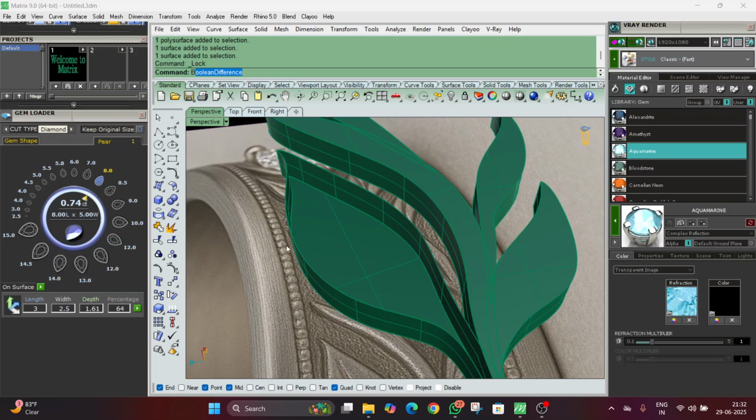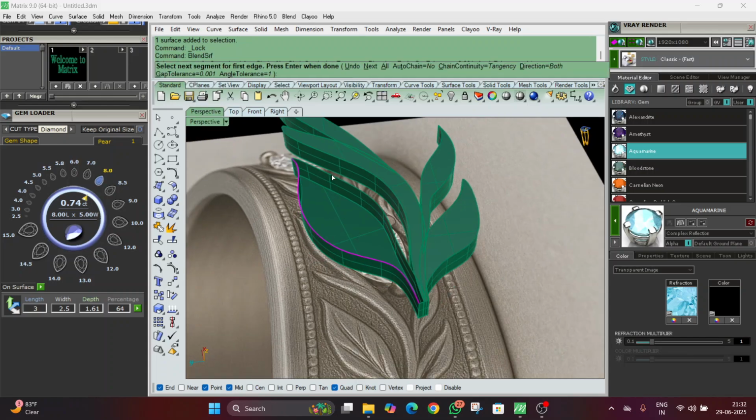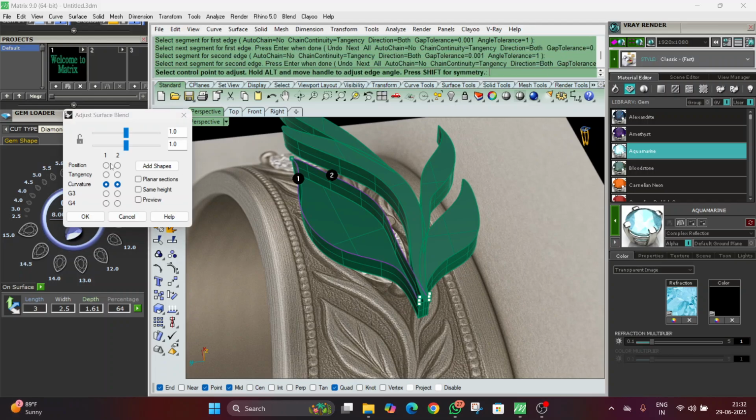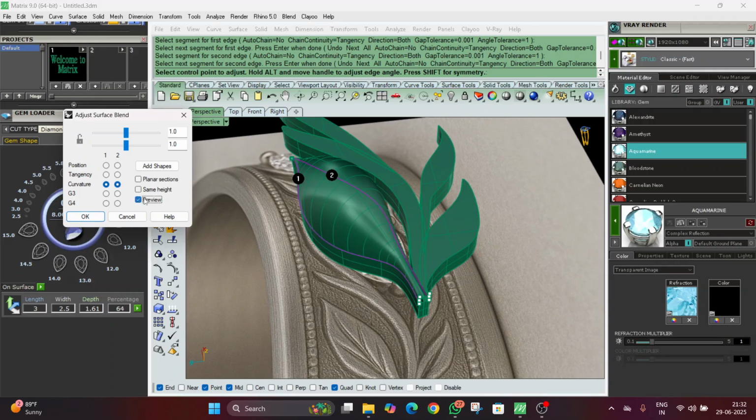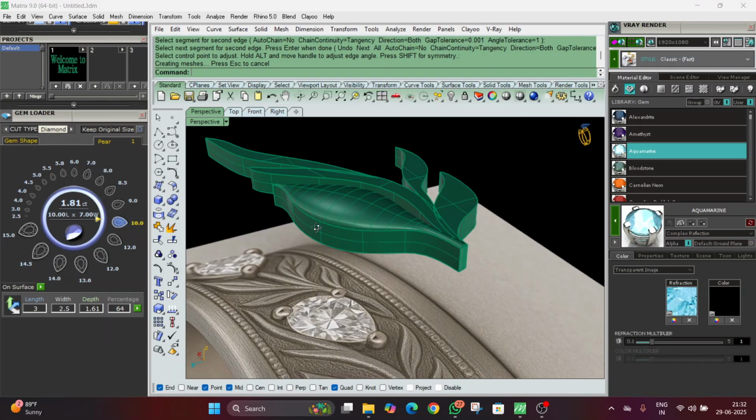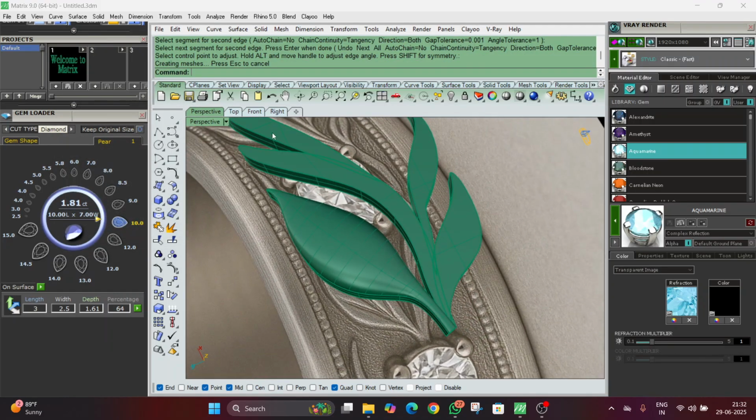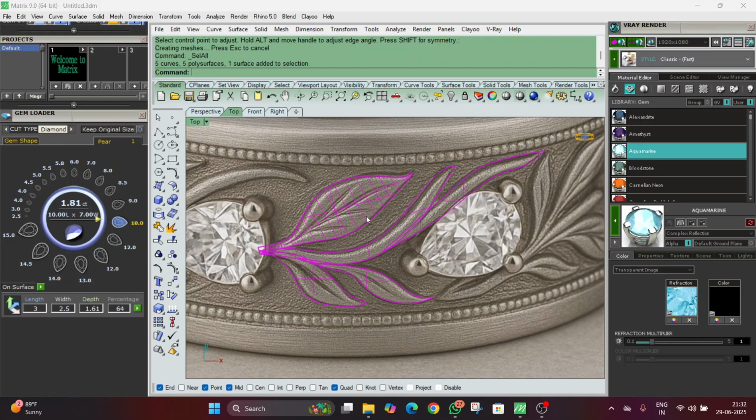Now we will do blend surface. Enter, enter. We will select and preview button on, and we will create it as it is. And okay, I think this looks good, and I will join the solid,